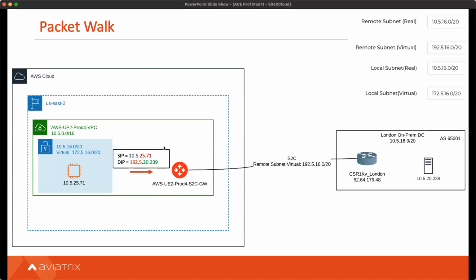Okay, so I think it will become clearer when we look at the packet walk. So now we have a packet that goes from the source 10.5.25.71, okay? But notice one thing, it does not actually go to 10.5.20.239. Again, let me just make sure we are on the same page. The source is this host, and the destination is this on-prem server. However, when you look at the packet, the source IP is correct. This is the source. However, the destination is not